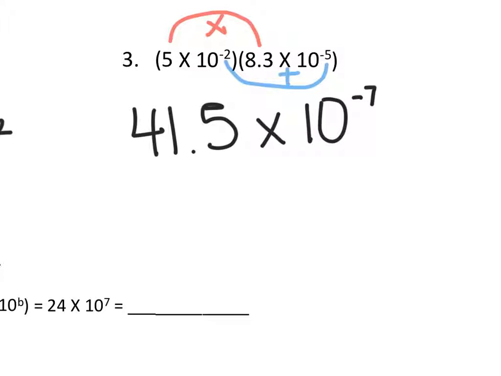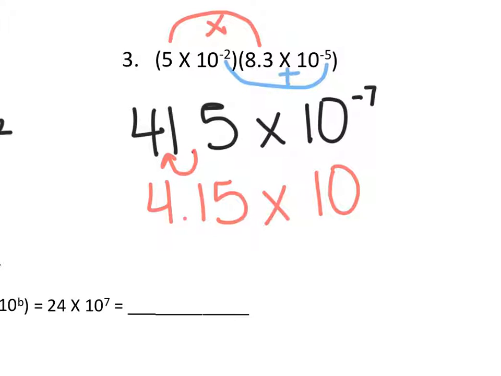Where do I want my decimal to be? Let's practice this. Go over 1, it'll be between 41. So I'm going to move this over 1, so I get 4.15 times 10. Now, so I went to the left 1, so that means I need to add 1. So this is the tricky part. So now I have to add 1. What's -7 plus 1? -6. Very good. This is the part when you're dealing with negatives and adding the exponents that people kind of go, well, this